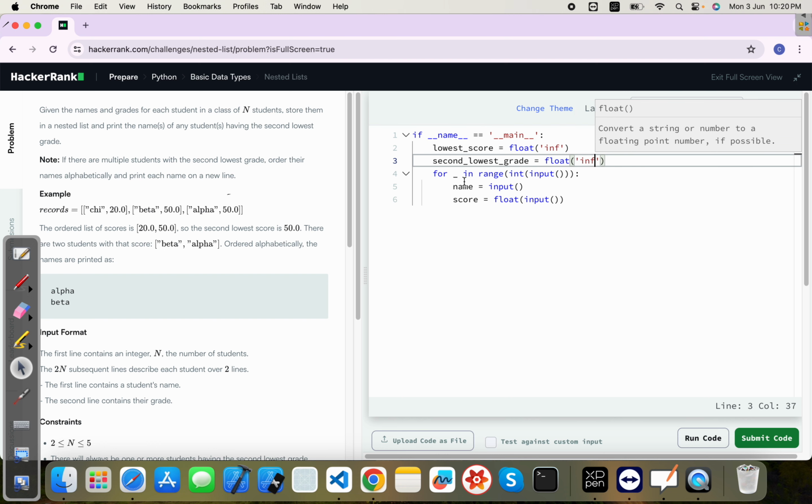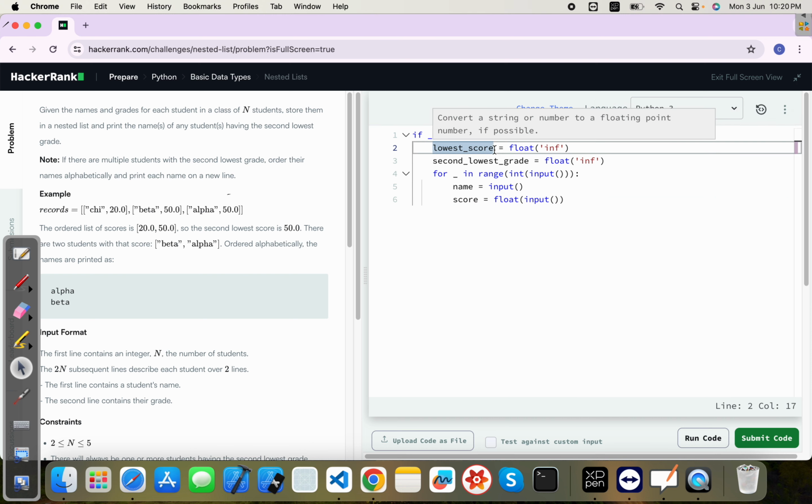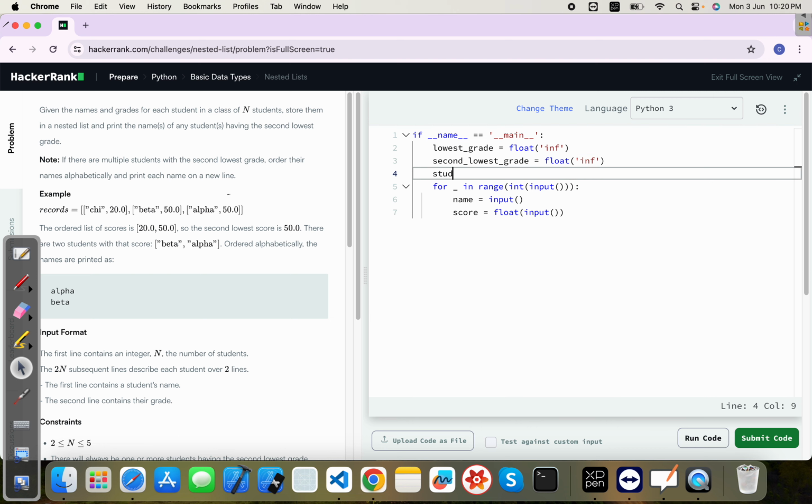So if we receive any grade, it would be lesser than this infinity, right? So first we will set our lowest and second lowest grade based on that. And we would require student info, which is nothing but this list, which is the nested list